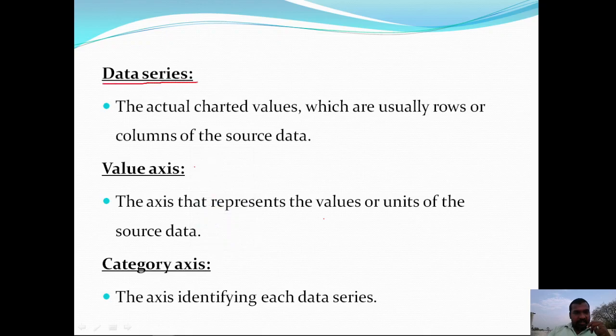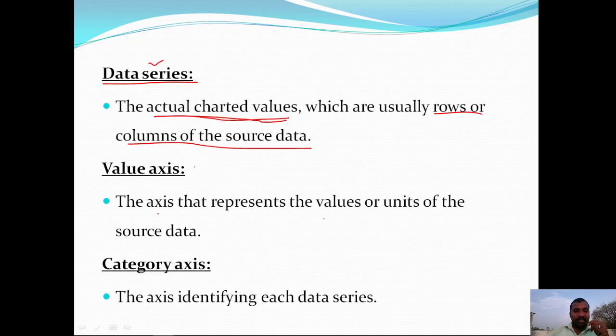Here in the data series, the actual charted values which are usually rows or columns of the source data. In the source data, we have several values. Those values may be on rows or columns, and those values represent the data series.